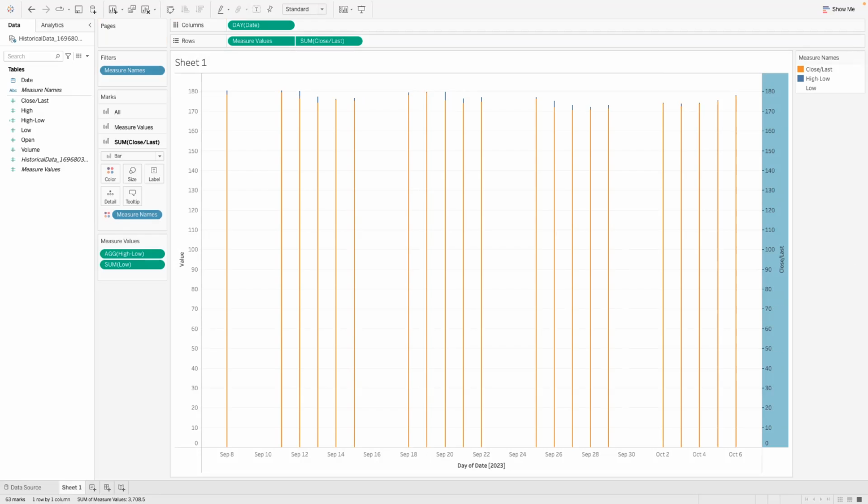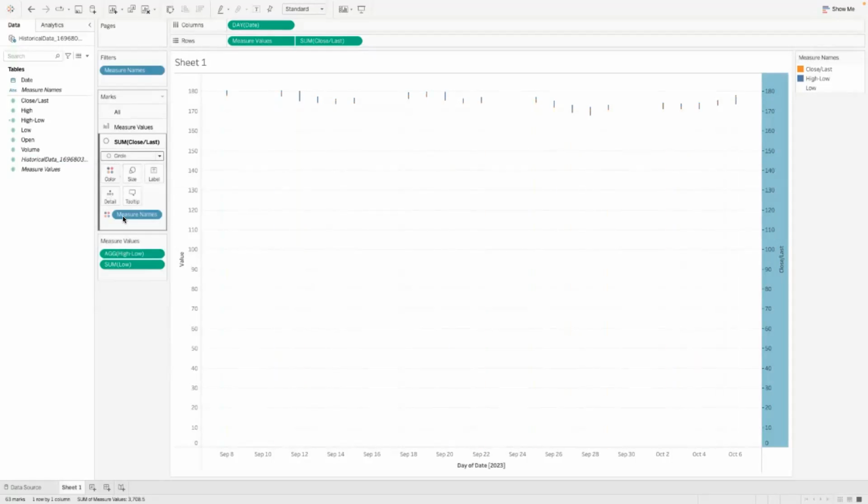So now on the marks shelf, we're already there. We're in the sum close. This is where we want to be. We're going to change it from bars to a circle. So change it to circle,